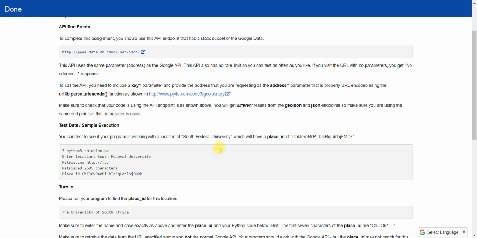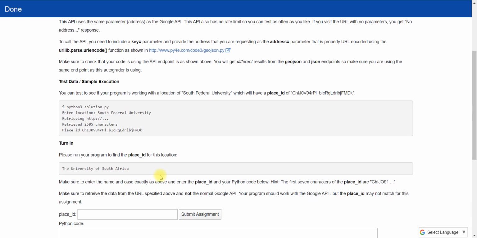Now coming to the test, a sample execution is given. You can test and see if the program is working with the location South Federal University, which will give this place ID. See how they are running this code, entering South Federal and retrieving characters, and the place ID is this. Now it is your turn to solve it for the University of South Africa.